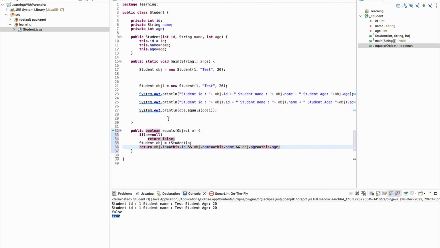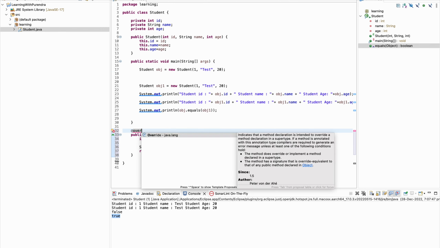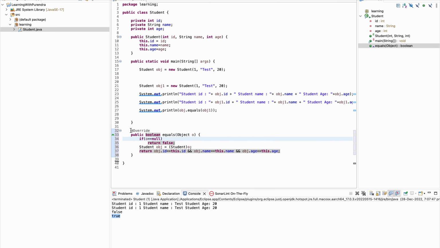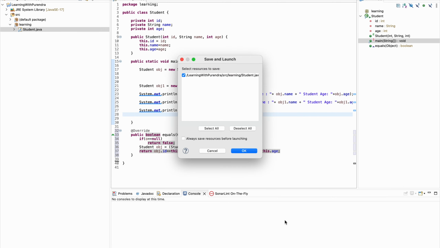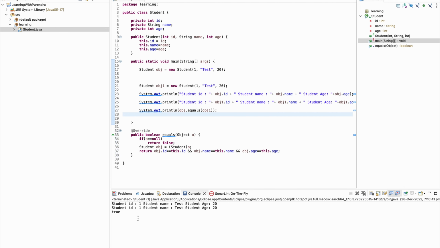Perfect, so I have overridden this method. I can also add the Override annotation for better Java documentation. Now if I run this program, let's see the output. The output is true.